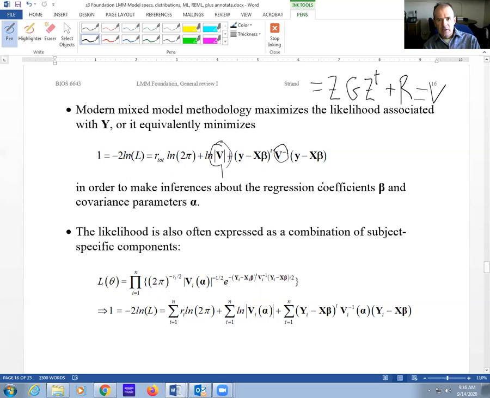You can have a random intercept with a simple R structure, or you could have a compound symmetric R structure and no random intercept, and you get the same model fit. What's the benefit of doing one or the other? Well, obviously, if you do the random intercept, you have specific subject estimates. They're random effect estimates, and they're deviations from the average. Whereas you don't get that when you do the CS structure directly on R. But numerically, there may be times when one may work better than the other, okay?